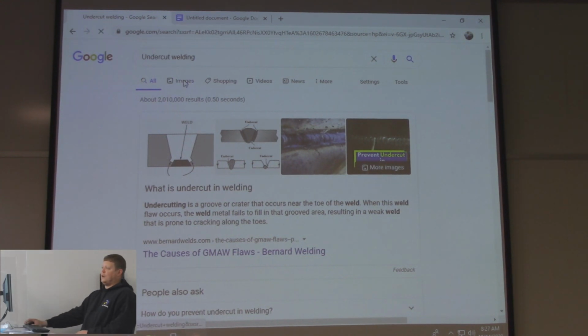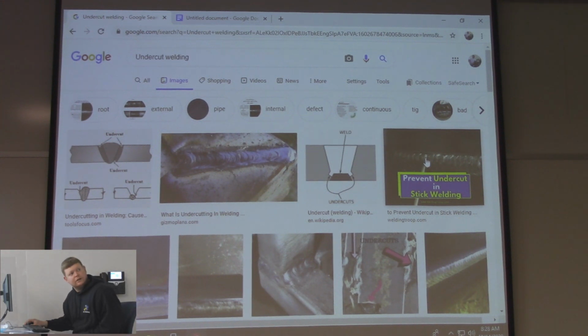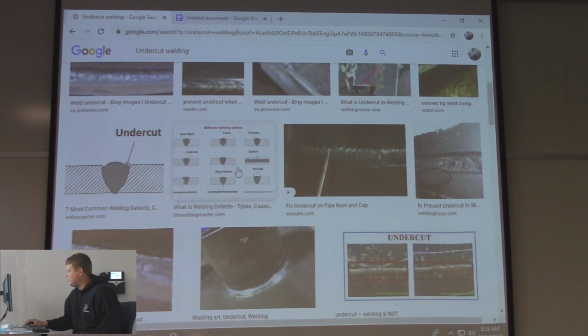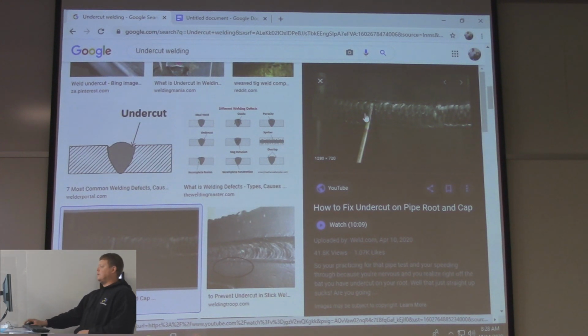The welders all complain when I give them grades when they have the entire side of the weld of undercut, and they yell at me and say, what the heck? You're allowed a 32nd. And then I usually pull out a caliper with a 32nd, and it's like the size of a business card, right? So you can see right here, can you see that up there? Yeah, the little indents right there. Sometimes they'll bring it to me and it's just massive undercut. Right here's a pipe, what they were just talking about. See them little indents? Undoubtedly they're going to paint that, but when there's water sitting in that constantly, eventually it's going to break, right? Long time, but